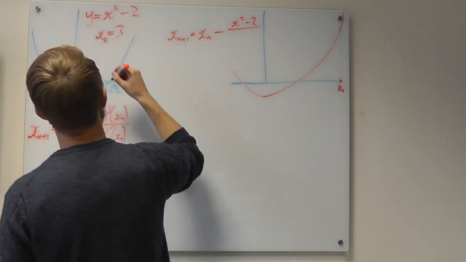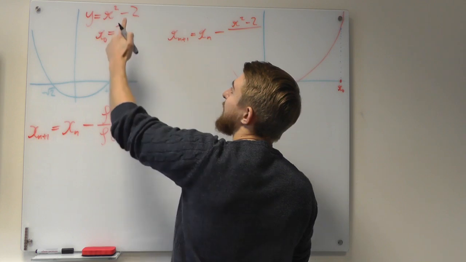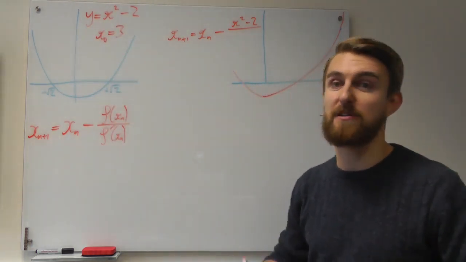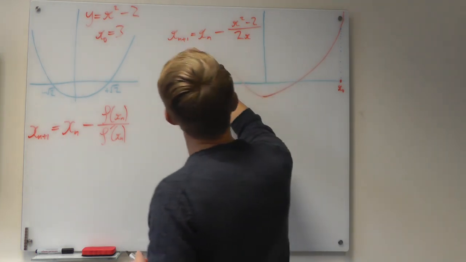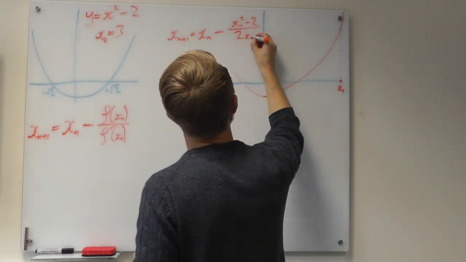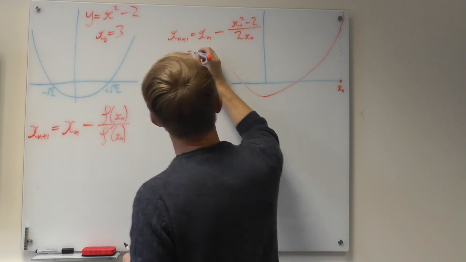Well, the differential of our function is just y prime equals 2x, right? x squared minus 2 just differentiates to 2x. So we divide by 2x, and we can simplify that a bit. These are both x_n's. We can simplify and we can say x_{n+1} equals